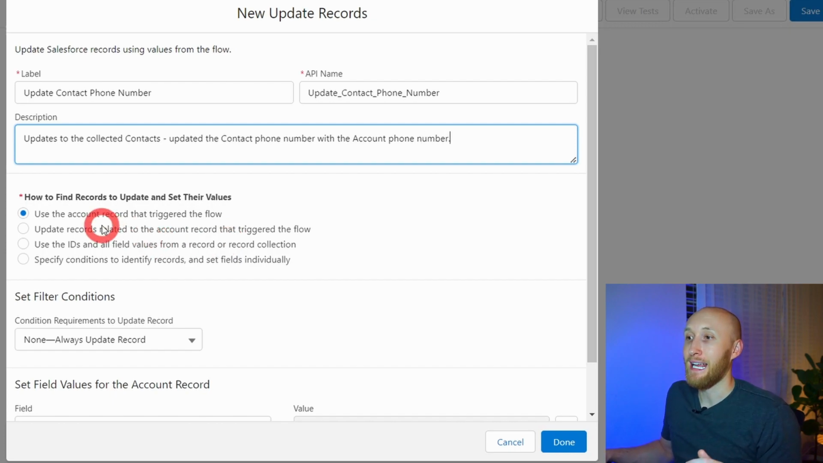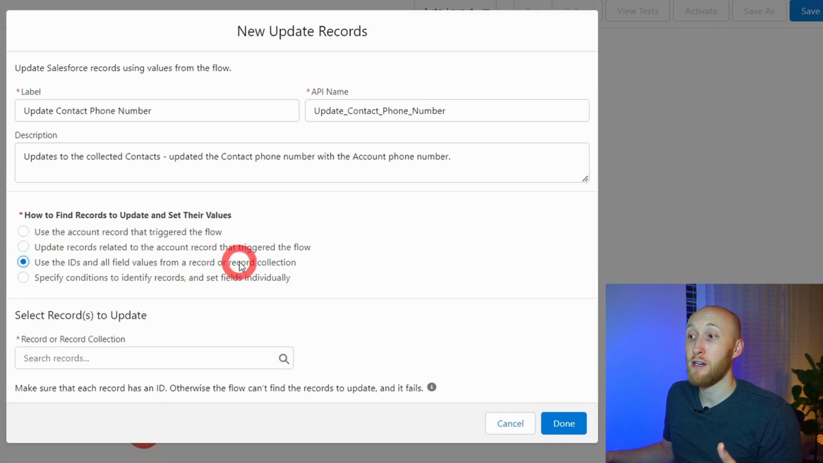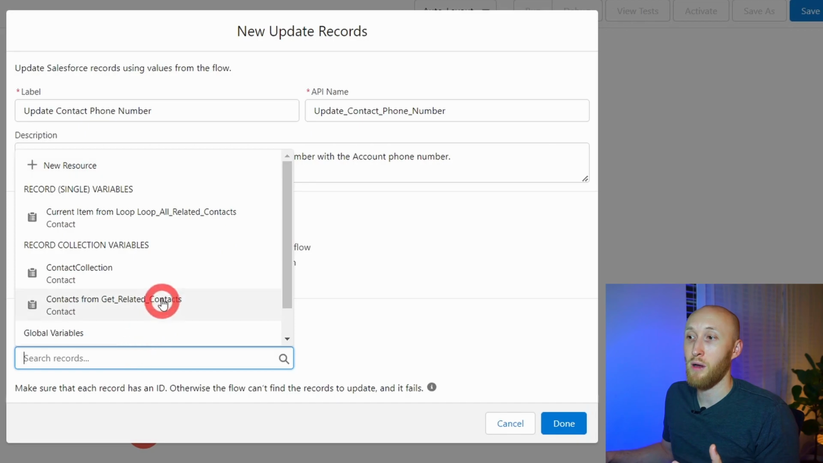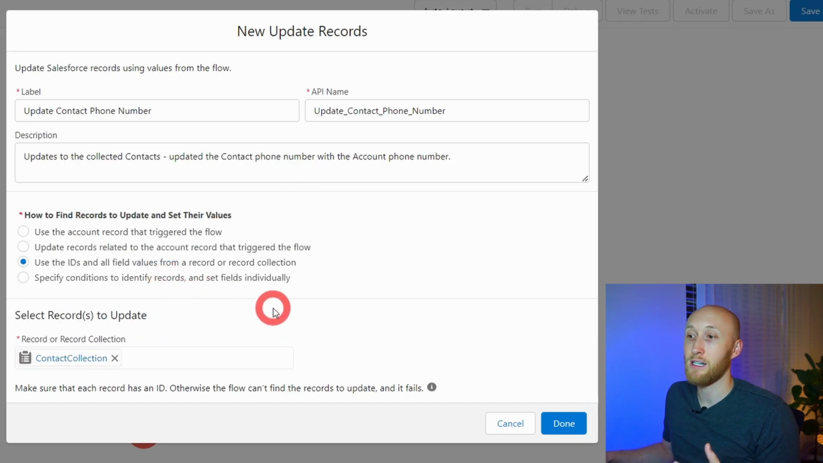Great. And how I'm going to find the records to update and set their values is I'm going to use the IDs of all field values from a record or record collection, which is why I created that second assignment element to collect all of these records. And so I can simply search for that, which is going to be the contact collection. Now, as I hit done,